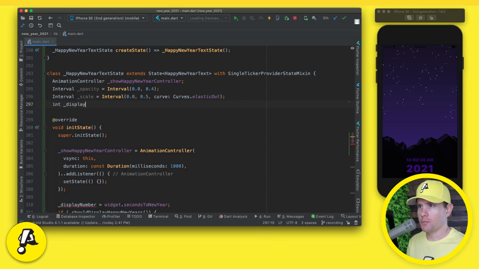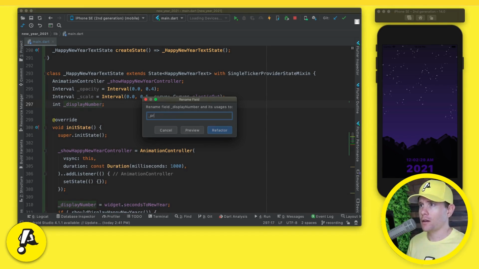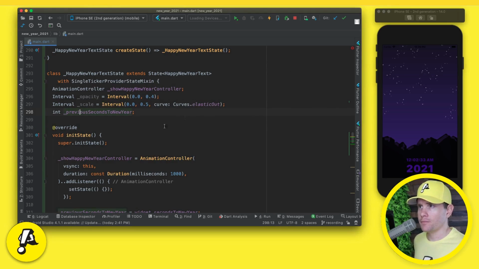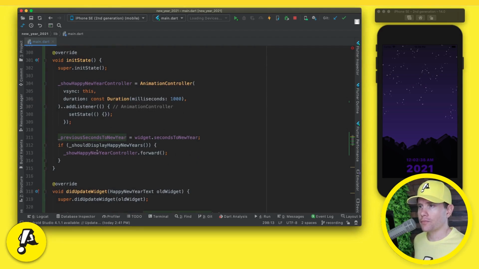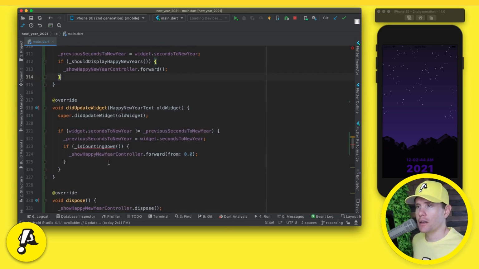We probably don't want to call it display number, but we can say previous seconds to New Year. And so we set that initially, and then if we should immediately show the Happy New Year's, we go ahead and do it. Down here, if those two values are not the same, then we update the internal value and